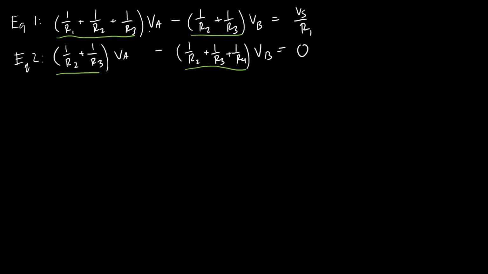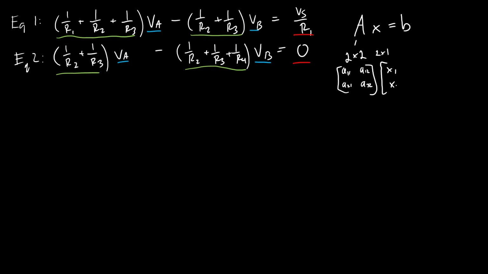We have our unknowns that are going to make up our X matrix, and then we have our constants that are going to make up our B matrix, and again, that is all in the form of AX equals B. We went over this in the mesh analysis video, but in case you jumped straight to this one and didn't watch that one, A is going to be a 2x2 matrix with terms A11, A12, A21, A22. X is a 2x1 matrix with X1 and X2, and B is also a 2x1 matrix with terms